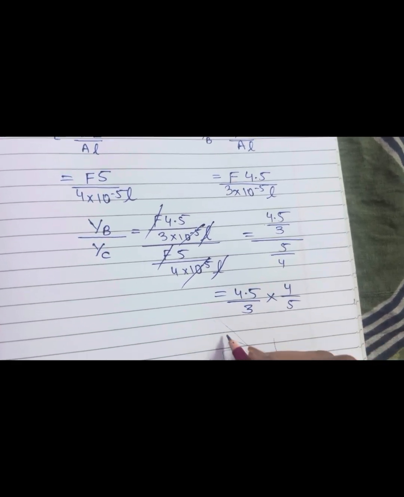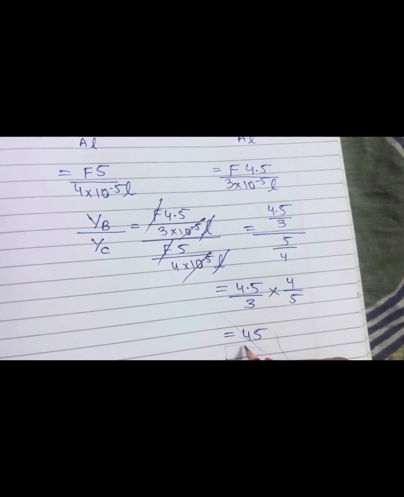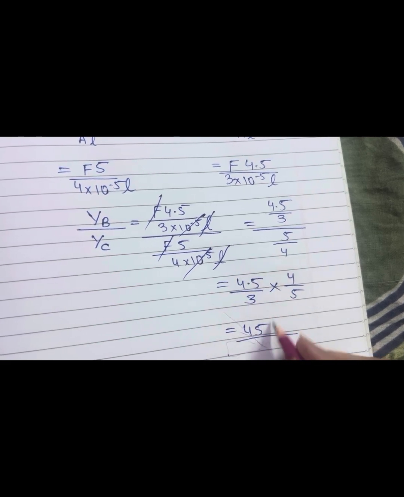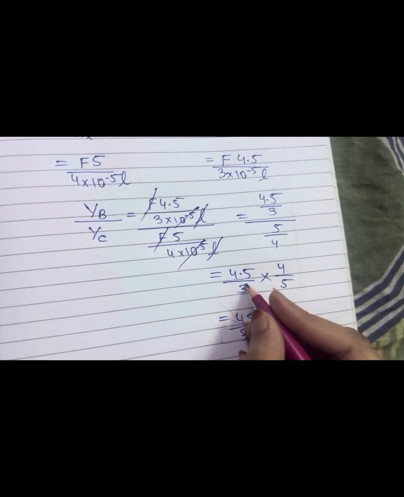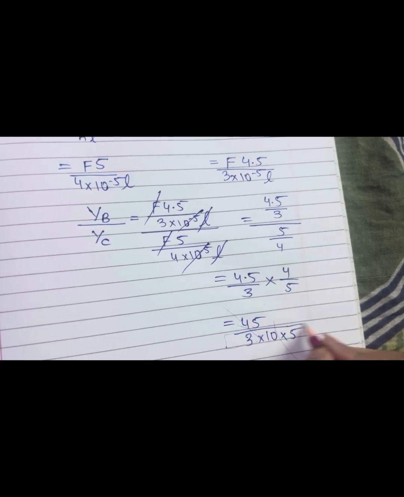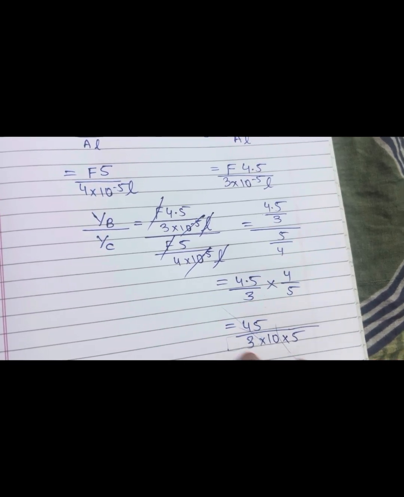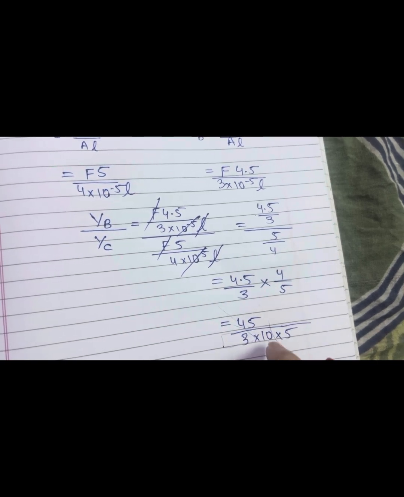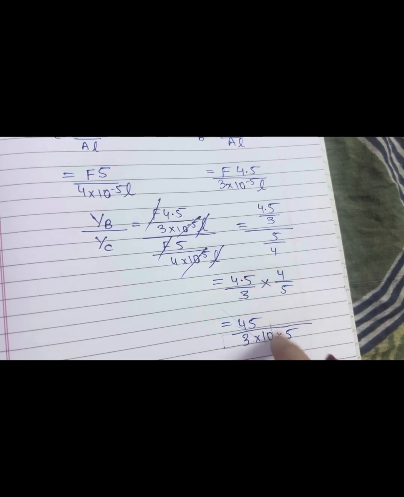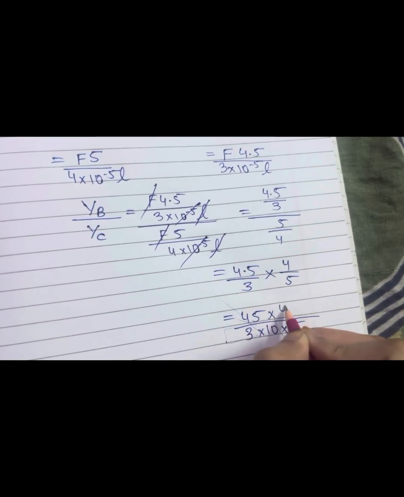So I can make this 4.5 as 45. Since point के बाद there is only one digit, so you multiply by 10 in the denominator. We have 3 already over here. We have 5 in the denominator. देखो 3 और 5 already denominator में थे. न्यूमरेटर में से पॉइंट निकाला इसलिए डिनोमिनेटर में 10 डाला. और 10 क्यों? क्योंकि पॉइंट के बाद एक ही डिजिट है इसलिए 10 into 4.